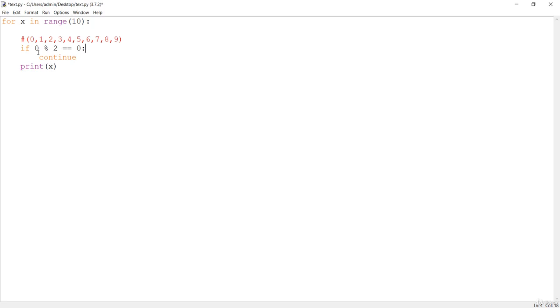That means it will enter this if block, and here it is saying continue. That means nothing is done with this 0. Second, it is 1, and this condition is false. That means it will go out here and print 1. For the next, it will say 2. Don't do anything for the 2, just go to the next iteration. That is what this continue is saying.